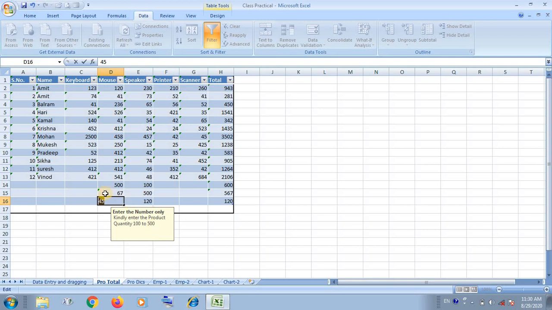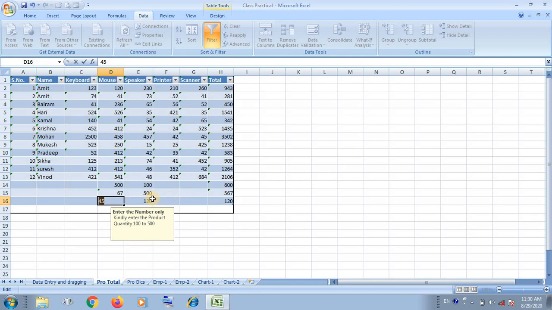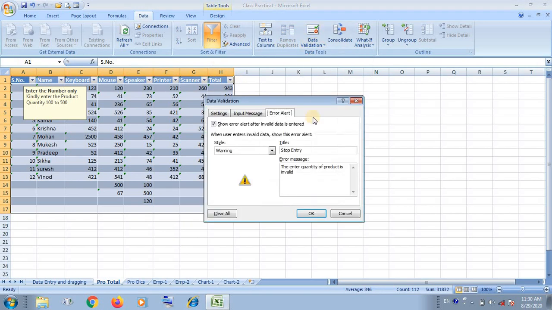Okay, this was the alert that we have to apply. And suppose you apply only the information alert style, then it only warns you, but wrong entries will be accepted by the computer.